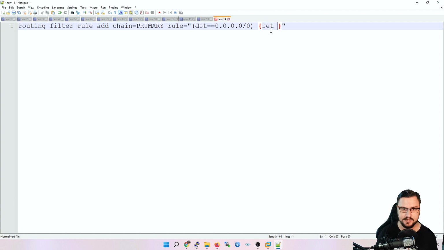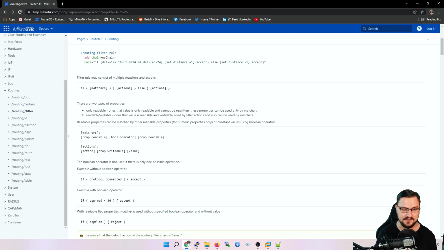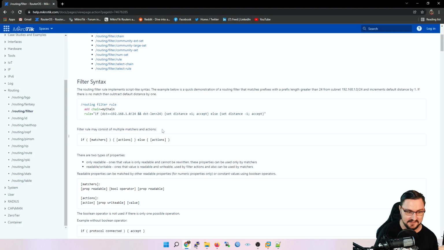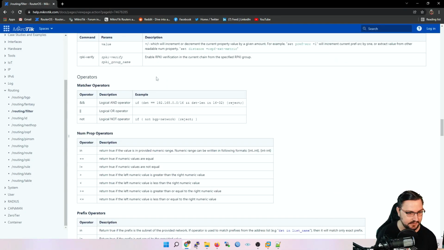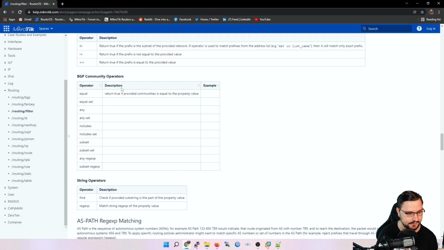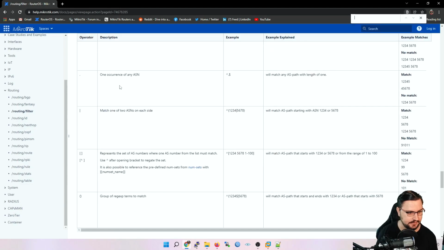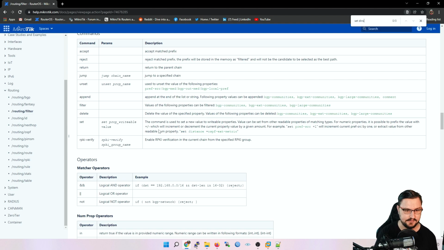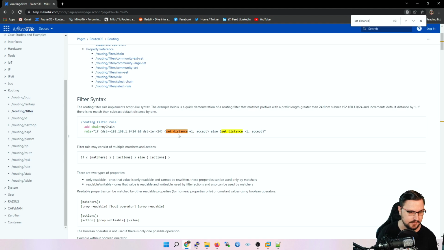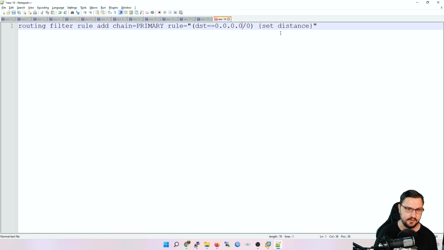And with the curly brackets, we can specify a set, and then we can do distance. I think it might be distance, but let's just go back to our documentation because you are going to come back here a lot to reference this to actually make this do what you want it to do. So let me just scroll down here. Set distance. Okay, so set distance. It's just that set distance, and then what we want to make it. So I'm going to make that 5 for the primary,